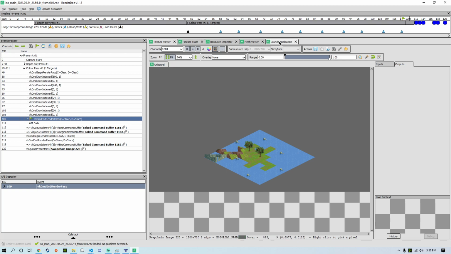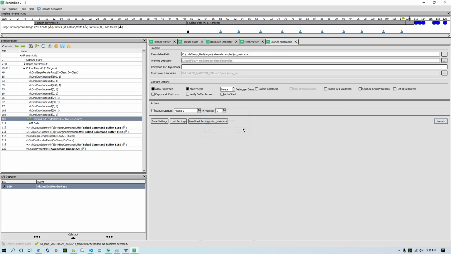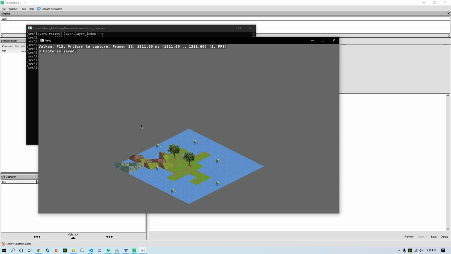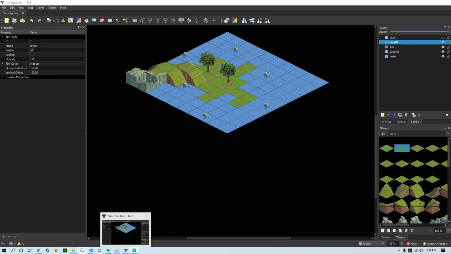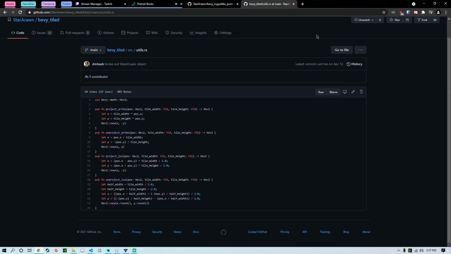Huh? Yeah, that offset should be in regular coordinates. In fact, the original offset